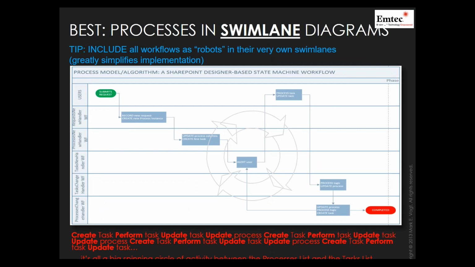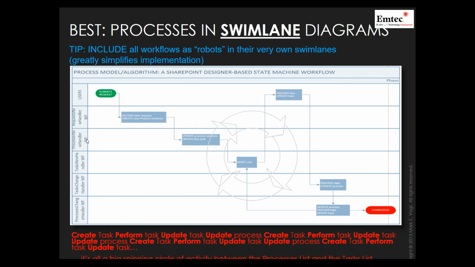I want you to start thinking in terms of swim lane diagrams. Swim lane diagrams are just a way of modeling a process by breaking all of the different actors into their very own things called swim lanes, where the flow of a business process flows into their office, into their swim lane, so to speak, and comes back. And there's a very important distinction that I want you guys to notice here. I have users up here, even various departments can show up inside these swim lanes. An HR process goes from HR into accounting, from accounting into security, from security into IT, from IT back into HR. Those would all be the names of different swim lanes.